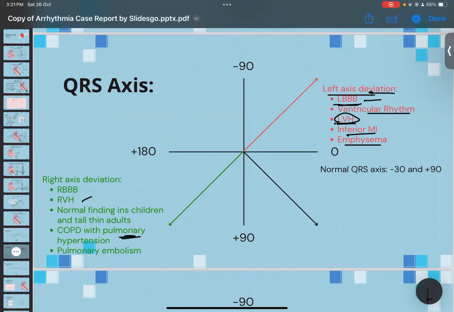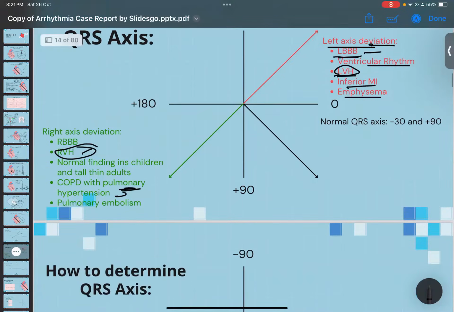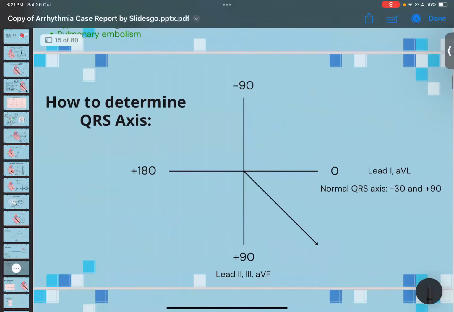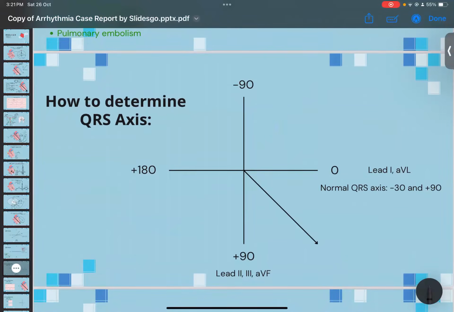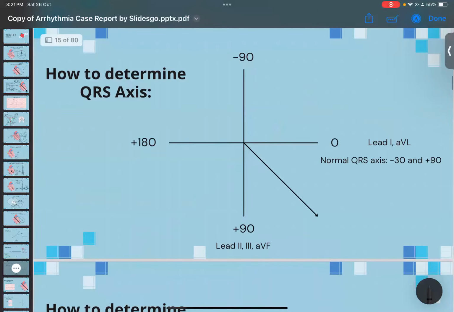But you have to know that in a chronic condition, pulmonary hypertension and COPD can lead to right ventricular hypertrophy, okay? All right, now how would you determine the QRS axis? So as we know, the normal QRS axis is between -30 and +90, and now we need to know about